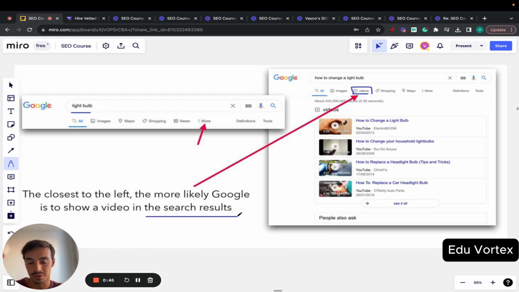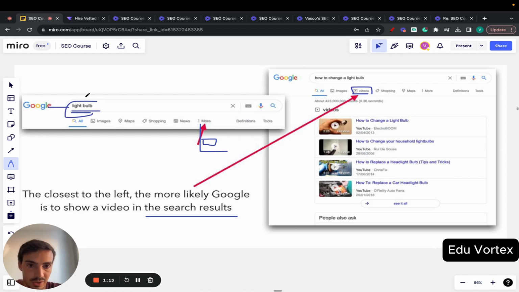So what this means is don't just create and try to rank random videos for random words, because Google will not show them, or it's very hard for it to show them. Firstly, let's say your keyword is light bulb. Light bulb doesn't really show up for anything, or Google doesn't really value videos for it, because you don't see the video tab here. It's hidden under More. You have to click More to get the video tab. However, a longer tail version or a keyword in this same realm of light bulb, which is how to change one, right?